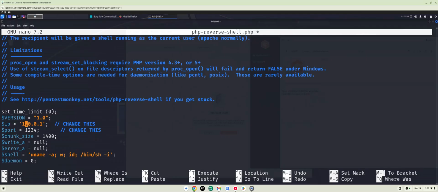So we're going to put in 192.168.1.100. All right, so that's the IP address that we'll be listening on, which is ours. And then we're going to leave this port alone. We're going to use port 1234, which I believe is